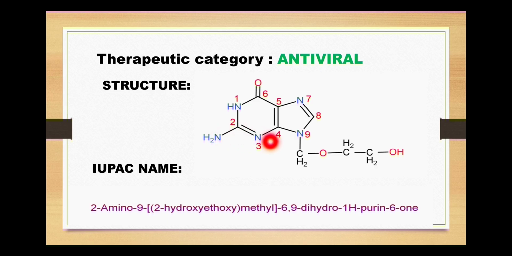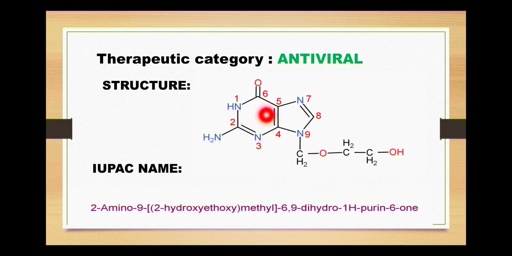2-amino-9. On the 9 position we have a methoxy group which is substituted by a 2 carbon chain, so it is ethyl, and this is 1 and this is the second position of ethyl. On second we have a hydroxy group. So collectively on the 9th position we have this 2-hydroxyethyl. With oxygen it will become ethoxy and this CH2 will become a methyl.